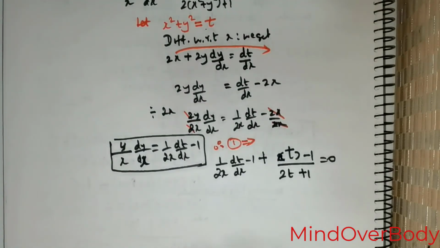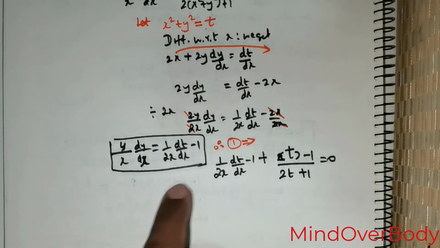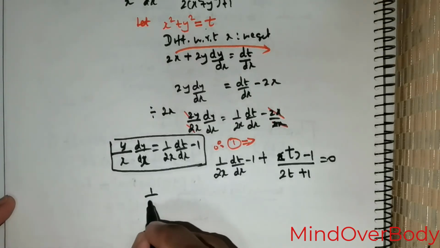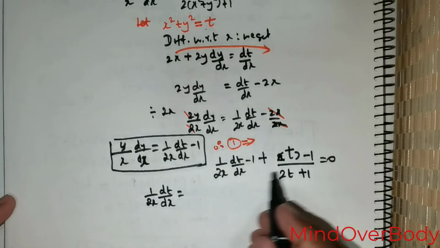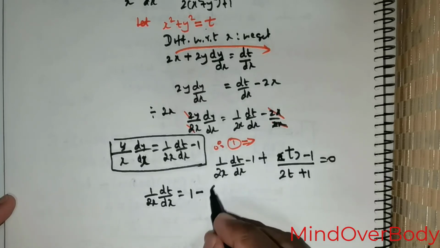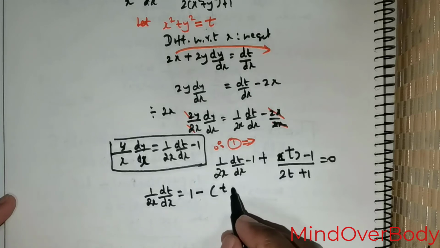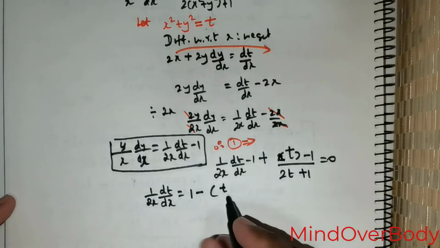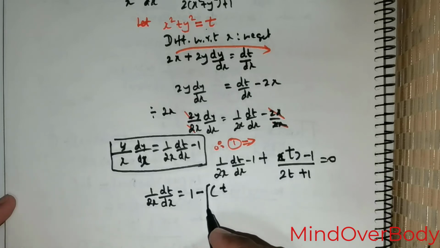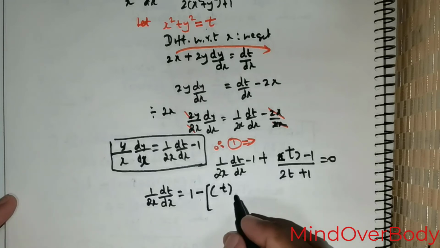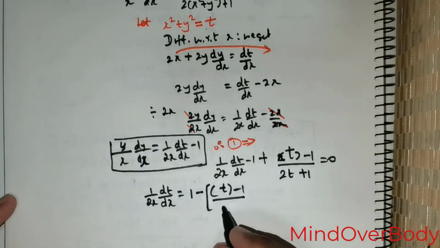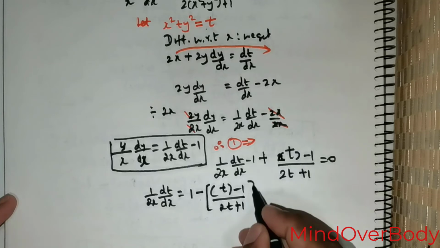Probably I will rewrite it again. So I will just keep this term on the left and I will move all other terms to the right. So that would mean I get 1/(2x) times dt/dx is equal to 1 followed by negative of t. So let me just place a parenthesis like this. So I don't need to place a parenthesis, but I have started. So this is going to be (t − 1) divided by (2t + 1),